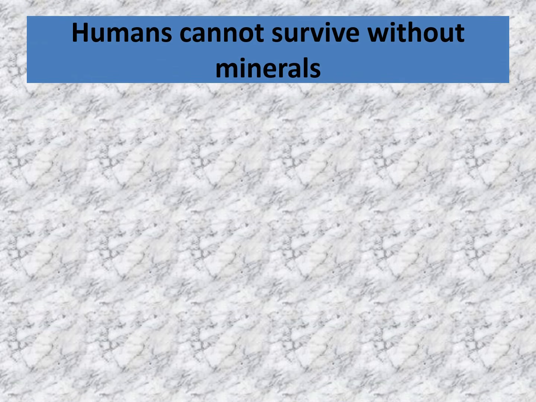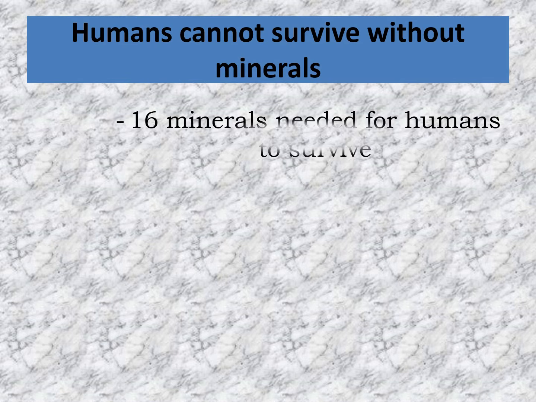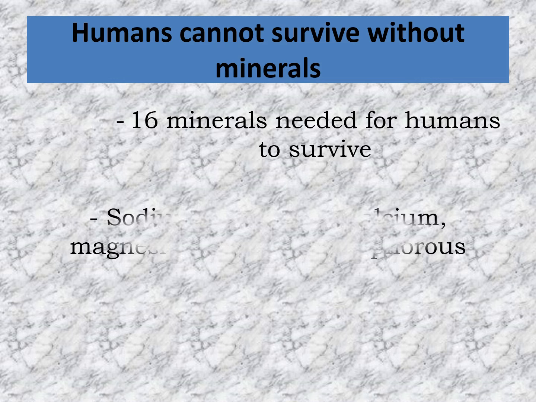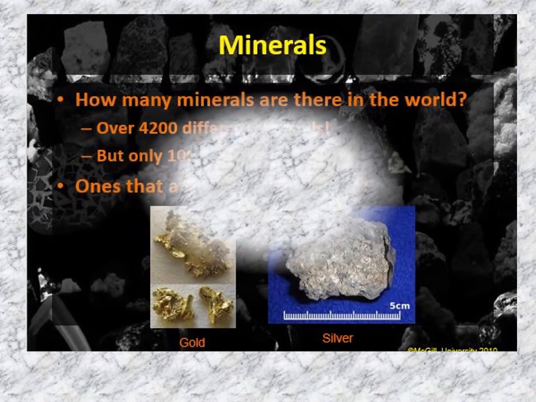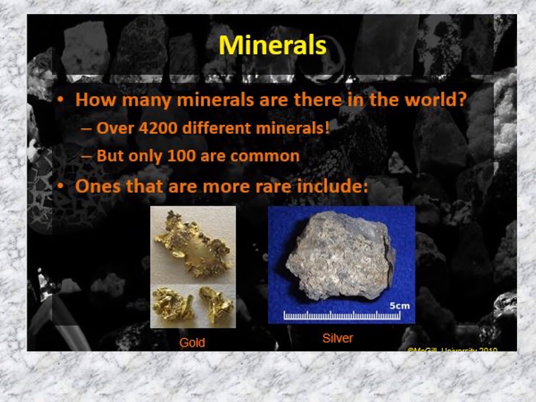It is said that humans cannot survive without minerals. Actually, we need 16 minerals to survive, some of which are sodium, potassium, calcium, magnesium, copper, and phosphorus. How many minerals are there in the world? There are over 4,200 different minerals, but only 100 are common. And the ones that are more rare